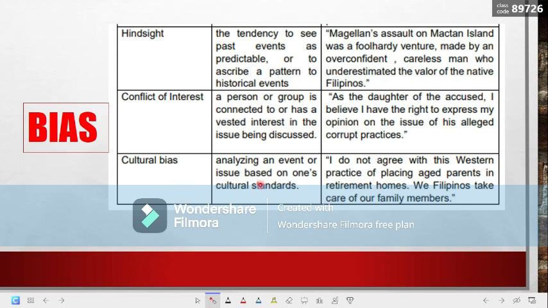Next is cultural bias. This means analyzing an event or issue based on one's cultural standards. Example: "I do not agree with this Western practice of placing aged parents in retirement homes. We Filipinos take care of our family members." That is based on our cultural standards. So this is still an example of cultural bias, because the person giving this statement is basically culturally biased, not open-minded enough to know the reasons behind